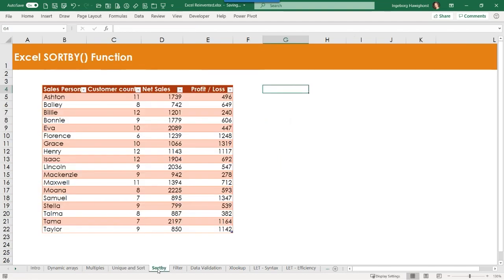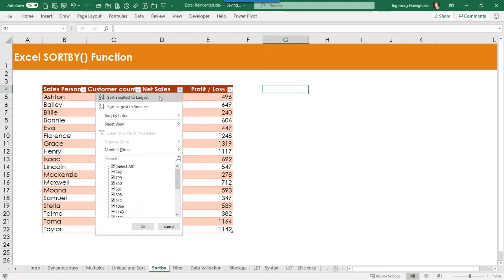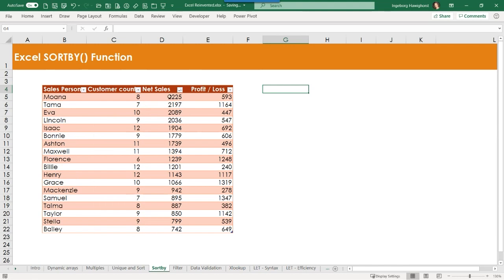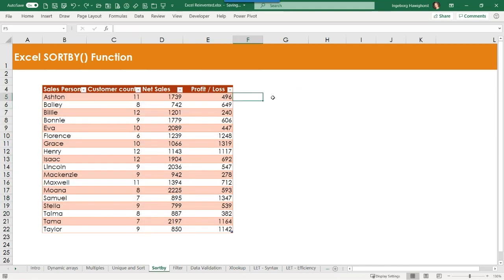The next example is about the SORTBY function. So if I want to sort a table traditionally, I want to sort this by sales, largest to smallest. So this is the sort order I have, Moana at the top and Bailey at the bottom. And I want this list sorted with a formula. Now, when I use the sort function,